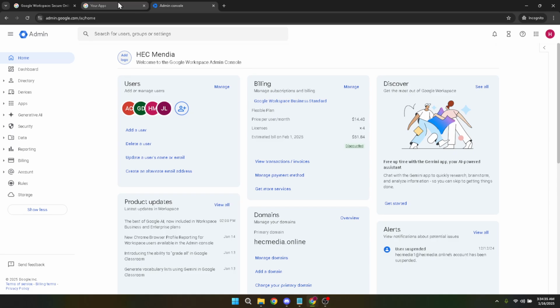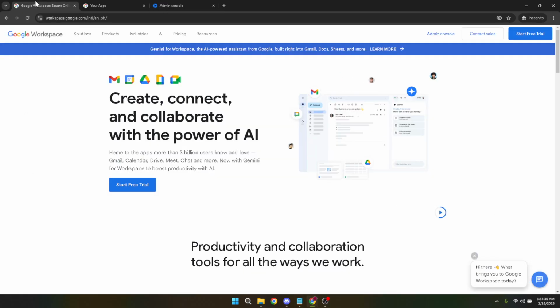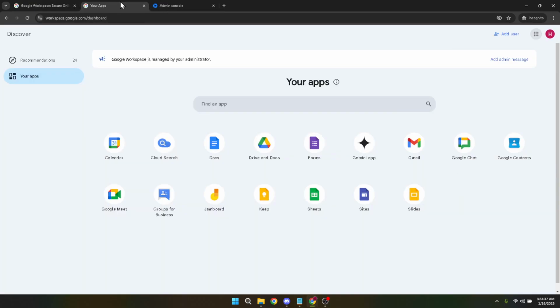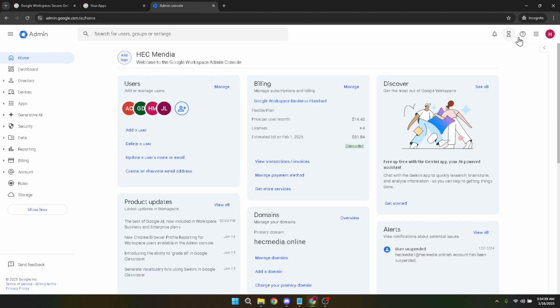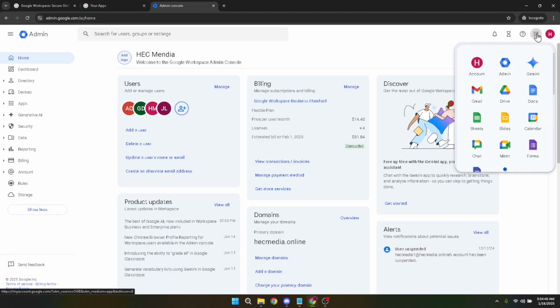Now let's explore a slightly different approach to access Google Workspace's admin by using any Google application. While using applications like Gmail, Google Drive or others, you'll notice the same Google Apps icon in the top right corner. Clicking on it opens the app menu, which includes the admin icon. By selecting the admin option, you're directed straight to the Google Workspace, giving you administrator access without the need to